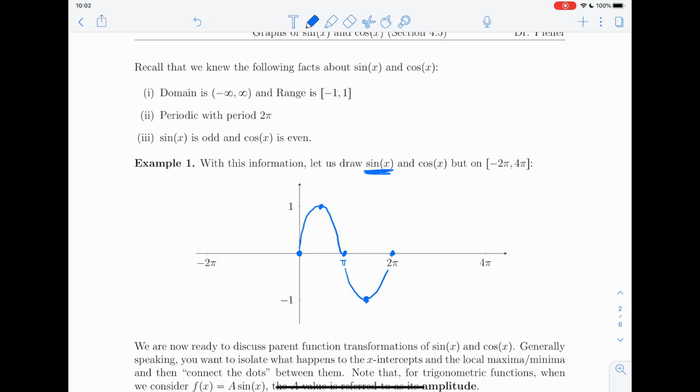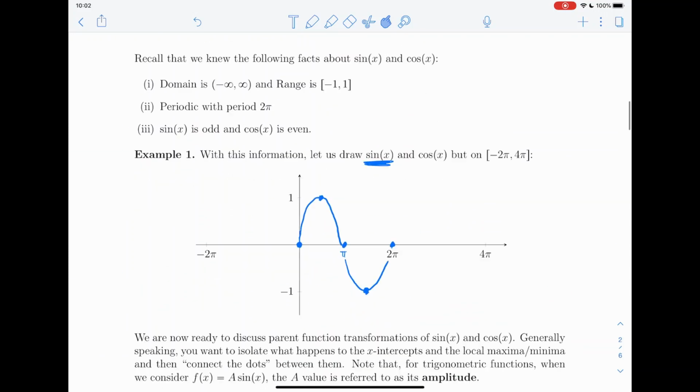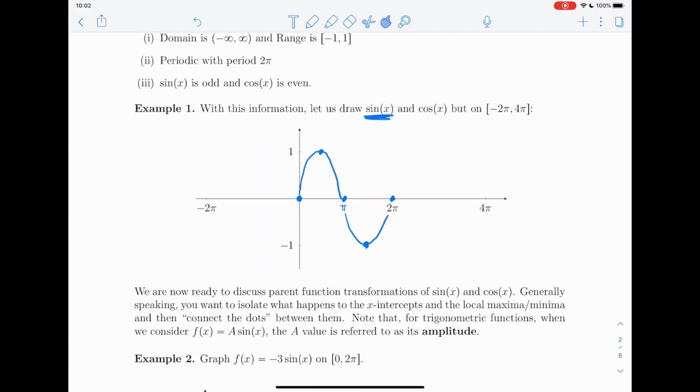There we go. So what I've just drawn right here is a sort of zoomed out, squished version of exactly what I drew right here. The difference, of course, is that in this picture I'm restricting my view from 0 to 2 pi, and in this view, I'm zoomed out a little bit. But because we're zoomed out and because we've been asked to draw in a slightly different way, since the period of sine is 2 pi, and between -2 pi and 4 pi there are 3 copies of 2 pi living in it,